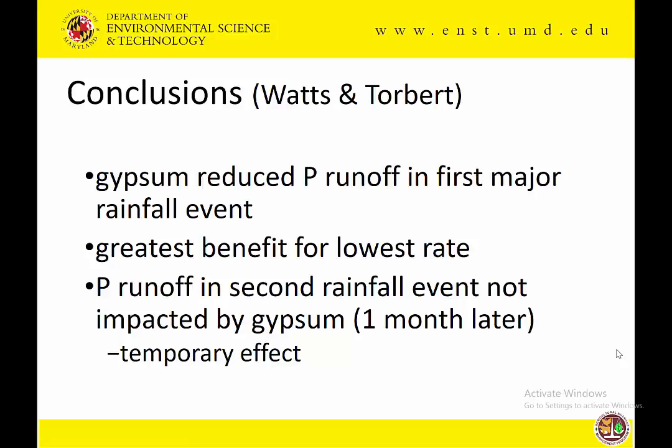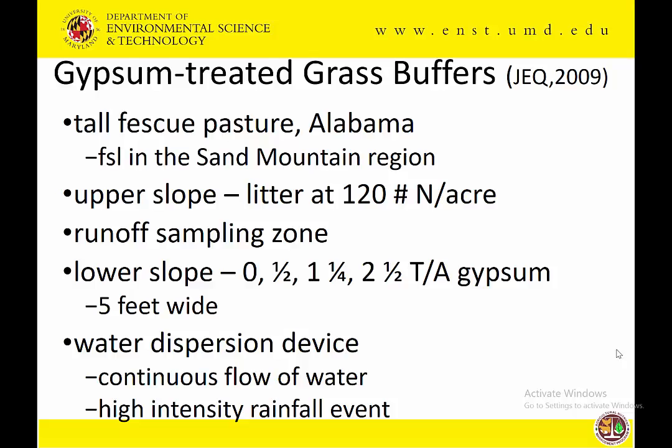Okay, their conclusion was that the gypsum reduced phosphorus in runoff in the first major rainfall event, again consistent with what others have found. Their thinking was that the lowest rates had the greatest benefit. And they actually did a second rainfall event a month later, but it was not impacted. The effect is temporary. Okay, so another group of scientists decided to look at simulating buffers, narrow buffers, 5 foot buffers,